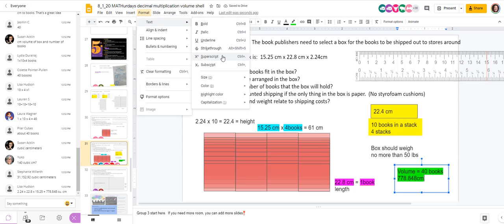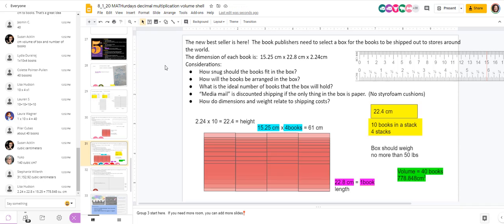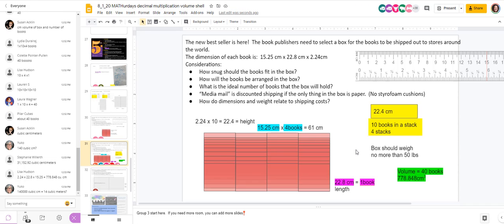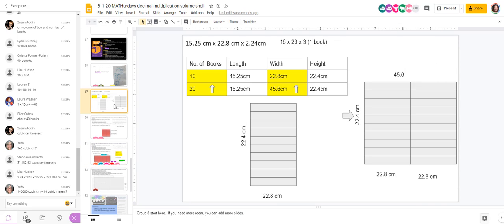Oh, well, that's cool. As far as shipping costs, I think they're going to use cubic centimeters as opposed to books. So if you're worried about shipping costs. Neato. So we have volume, and we've responded in volume in terms of books and also in terms of centimeters cubed. And as we were to go back up to slide 29,